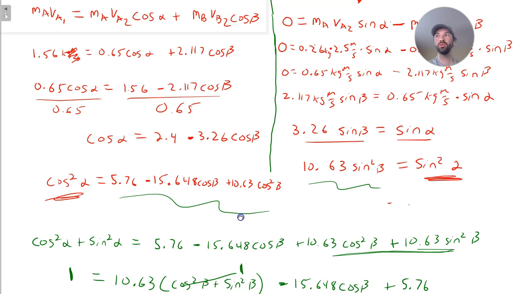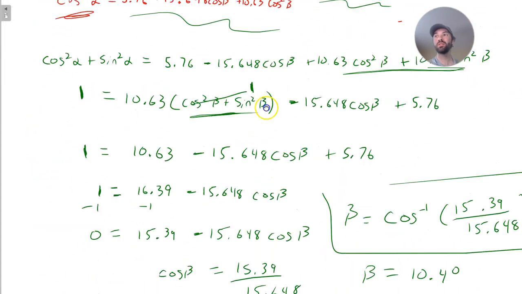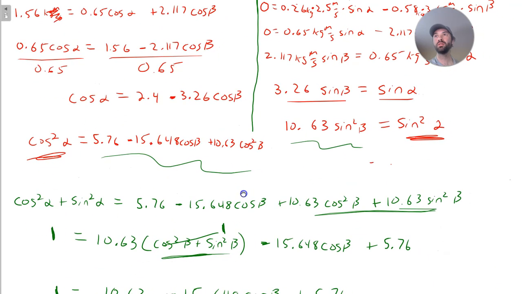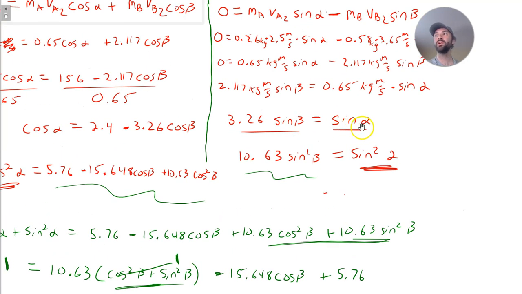What we need to do is pick one of them and try to solve it. So let's pick, I kind of want to pick this crazy one, but let's say we pick this easy one, 3.26 sine beta equals sine alpha. I'm not going to go through what I get when I do arc sine, but what I'm going to tell you is when you do this, you're going to plug in your actual value for